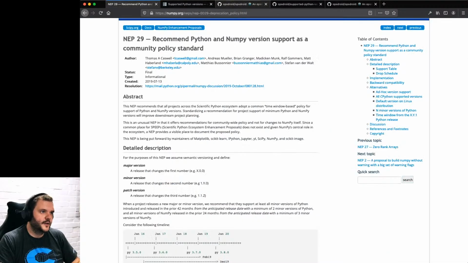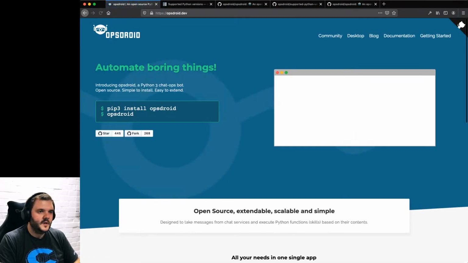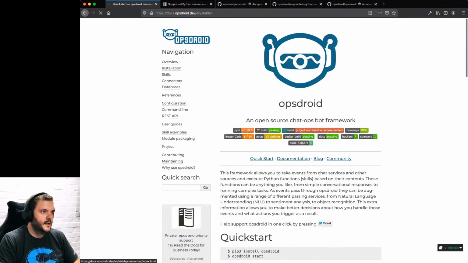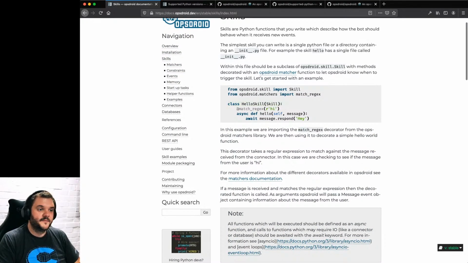let's just have a quick look at the docs just so you can see, Opsdroid.dev documentation. Let's go to skills and have a look at a very quick example, right? You can write a little Python script where you import a skill and you import a matcher. This is a regular expression matcher, and you make a class, and then you write some functions, and you say this function should match regular expressions. It's a bit like Flask if you use Flask for matching web API request routes. This matches if somebody in your chat says hi, then you should call this function, and this function responds with hey, right?